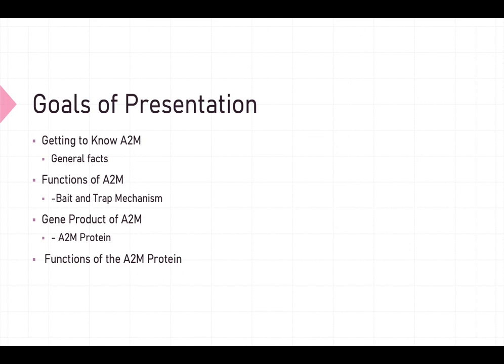A2M has a position in the human genome, to be specific, which I will be presenting. The functions of A2M, meaning after being produced, it has a certain mechanism which we call the bait and trap mechanism, to which its function is fully exercised. The gene product of A2M, which is the A2M protein, as explained, is very essential to human life, and